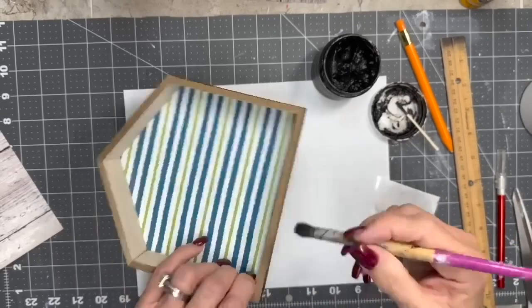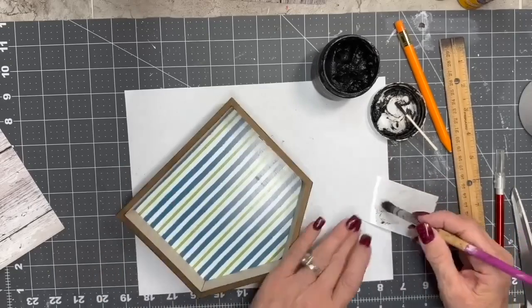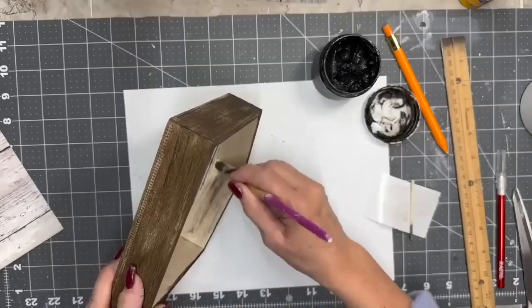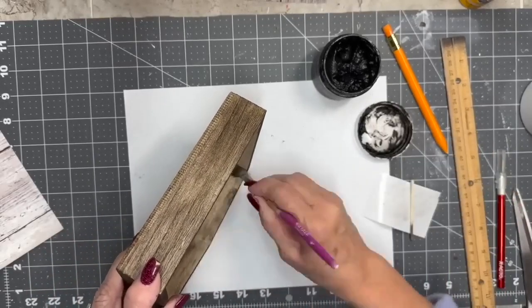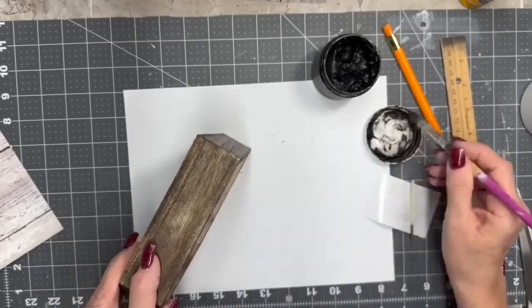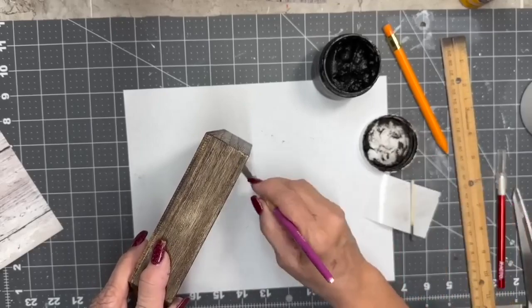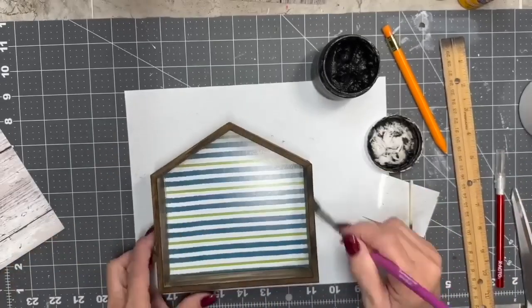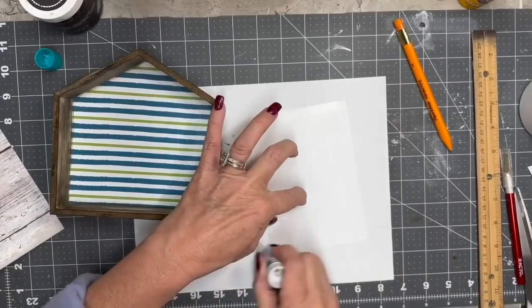And then at the end, after I get it all painted on there, I do take a soft old white t-shirt. You see me use those a lot in my videos. And I just wipe off the excess. Most of it's soaked into this wood because it's pretty porous, but I just wiped it off so there wasn't any excess, like it's a wax, you know, wipe on, wipe off. I did the inside, the outside, the edges, everything, so it looks like an old barn stable,